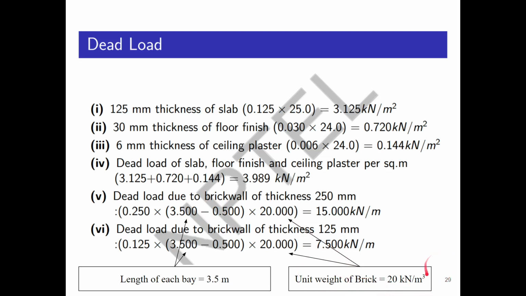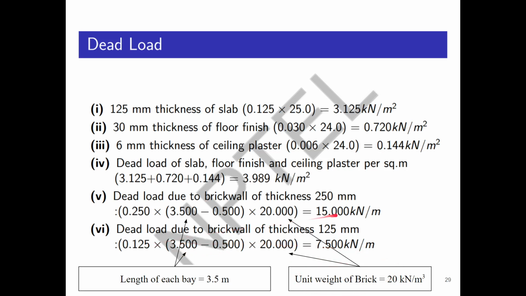Okay? It is around this. So yeah, we get this value as the dead load as 15 kilonewton per meter. Okay, and similar case for the internal brick wall. It has a thickness of 125 mm, so the dead load will be 0.125 into (3.5 minus 0.5) into 20, which is 7.5 kilonewton per